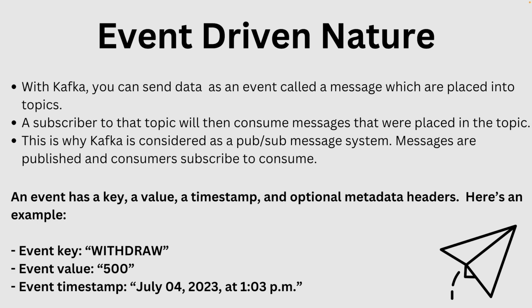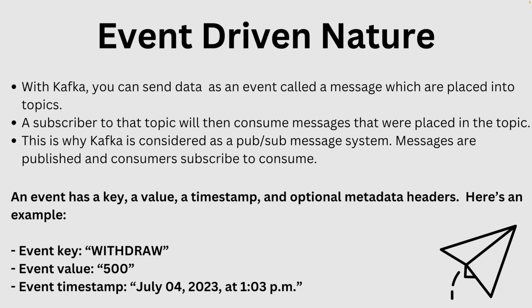And an event can entail these things: a key, a value, and a timestamp. There are other optional headers that you can provide, but usually it's a key, a value, and a timestamp. And I gave a little example at the bottom. The key could be a name that you want to give, based on whoever's going to consume it. They can know what to do with that event based on the key, and then with the value, they can do some logic internally. So I want to give an example when it comes to banking.